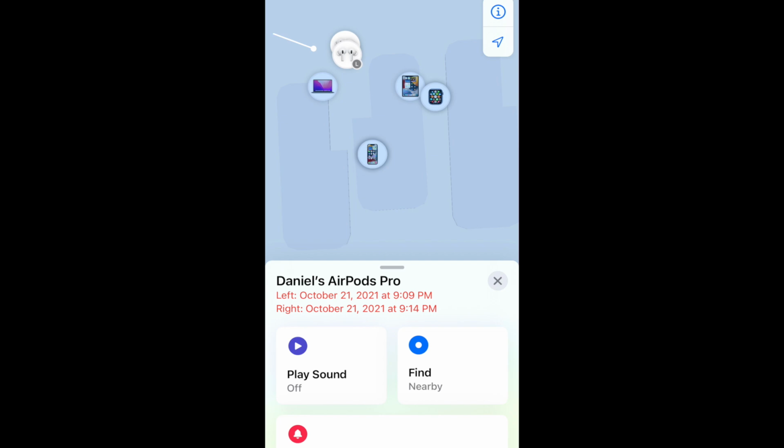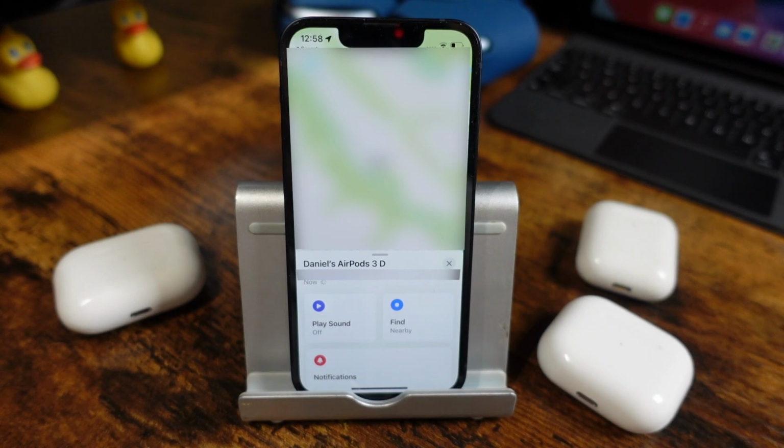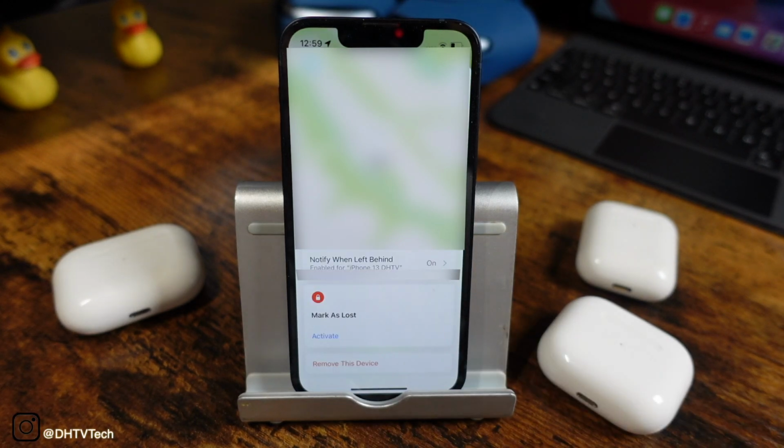If you lost them in the case, chances are they will have battery power, so you could connect. Outside of the case, you don't have much time where they'll have battery left. I believe it's like 6 hours of battery life. But you want to make sure that you come back here anyway, and you can pull up